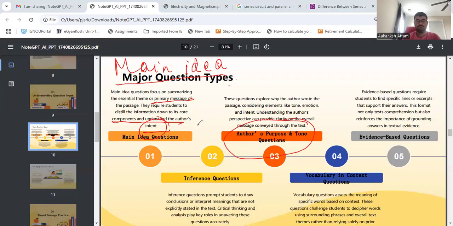But while writing, we face a little difficulty in understanding the tone and why the author is writing this particular passage. So the second type of questions revolve around identifying the author's purpose and tone. These questions explore why the author wrote